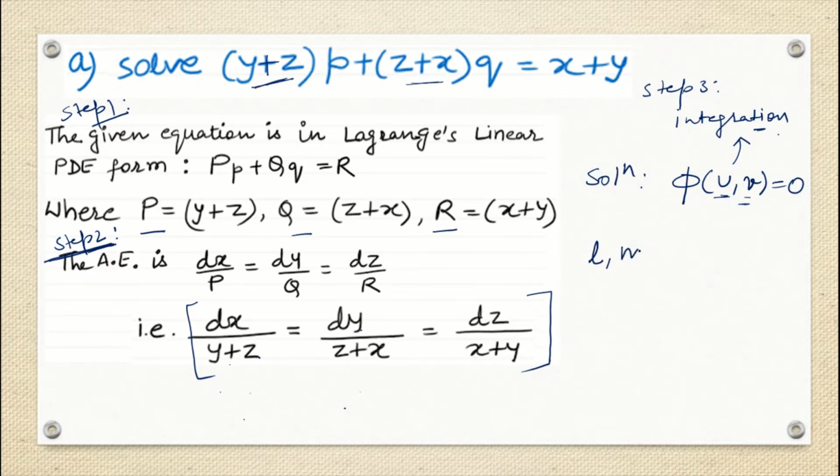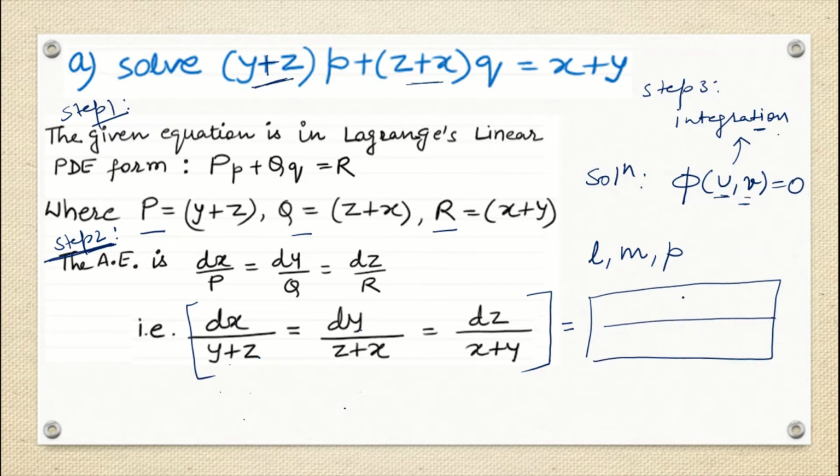L, M, N, three multipliers. These three multipliers can be constants, or functions of x, y, z. So we will be multiplying with the numerator and denominator in each fractional term, and then finally the method says that we are going to have another fractional term, and that fractional term we are going to equate with these remaining fractional terms. Fine, that was our multiplier method.